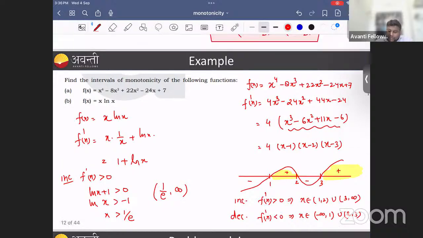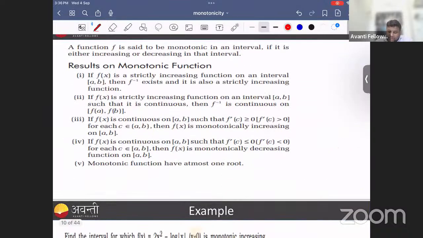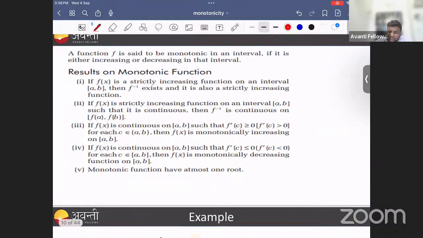The function is increasing from 1 to infinity. Now let us see a few facts about increasing functions. If f(x) is a strictly increasing function in an interval a to b, then f inverse exists. Definitely the function will be increasing, that means it will be one-one. And if it is onto, then the inverse will definitely exist